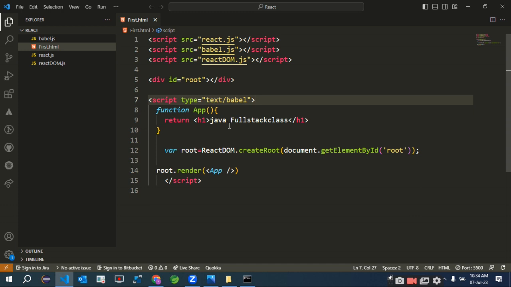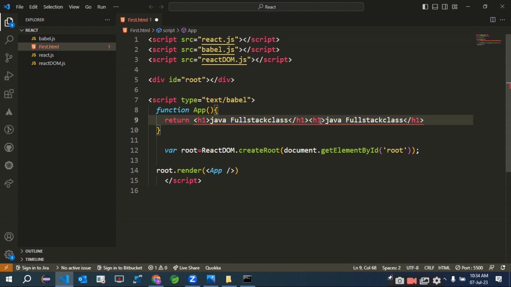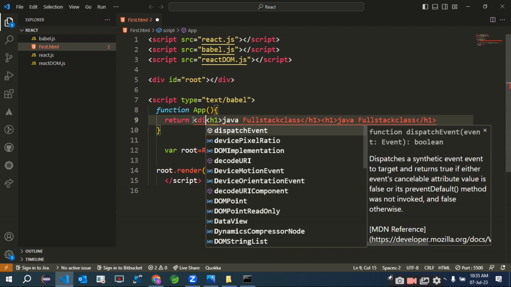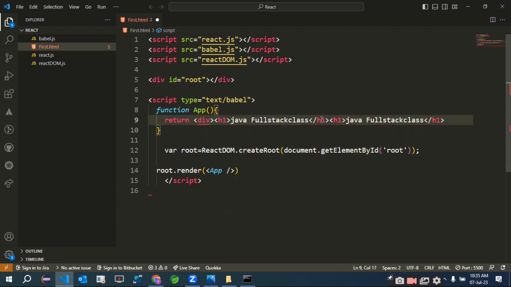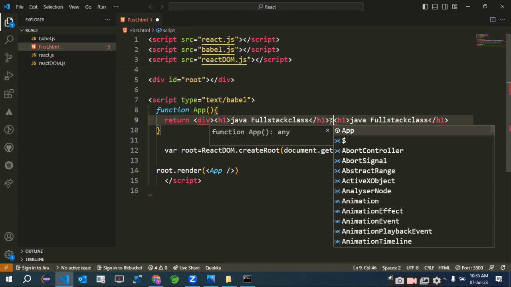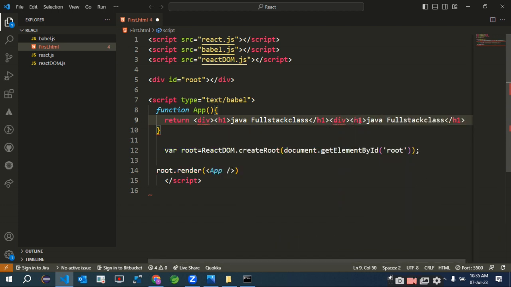Then I'm writing the code h1 Java full stack class. Okay, then I'm writing the code Java full stack. So it will not work, right? This type of question, h1 and h1 we can write the tag, and it will not work, right? So I'm putting the div tag. Inside the div tag, see, div tag is a block level element, so I'm putting the same,